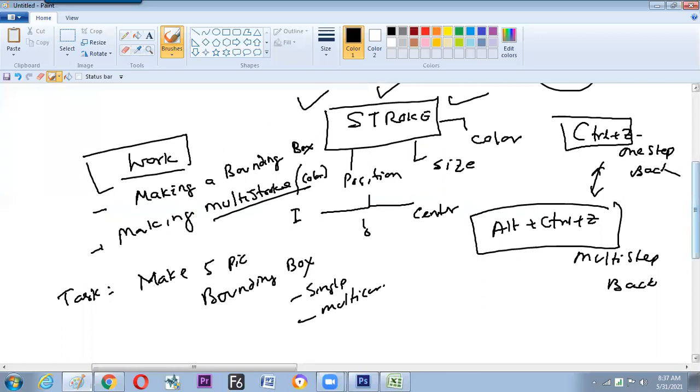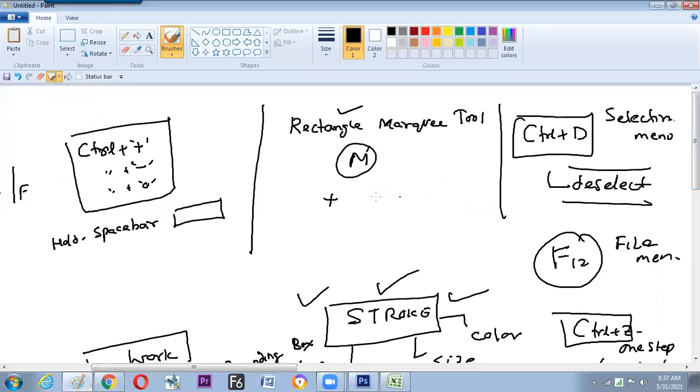What is the next cursor that comes up? An arrow with a box mark. It indicates we can move it. But condition applies: it will come whenever we are over a particular selection. Outside it will be plus only, but over the selection it will be an arrow mark.